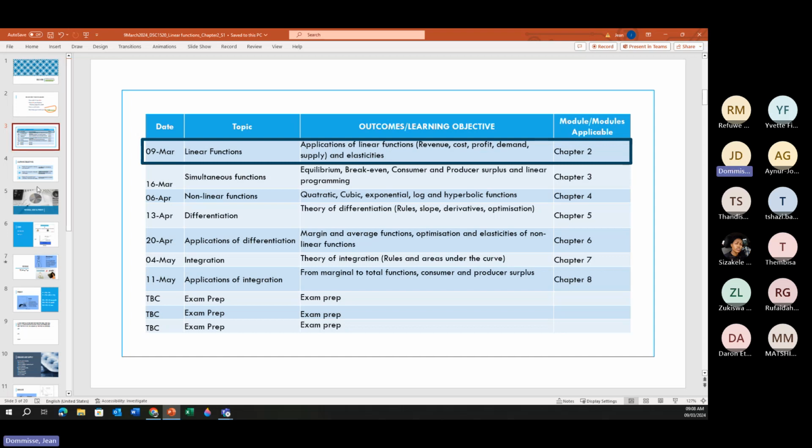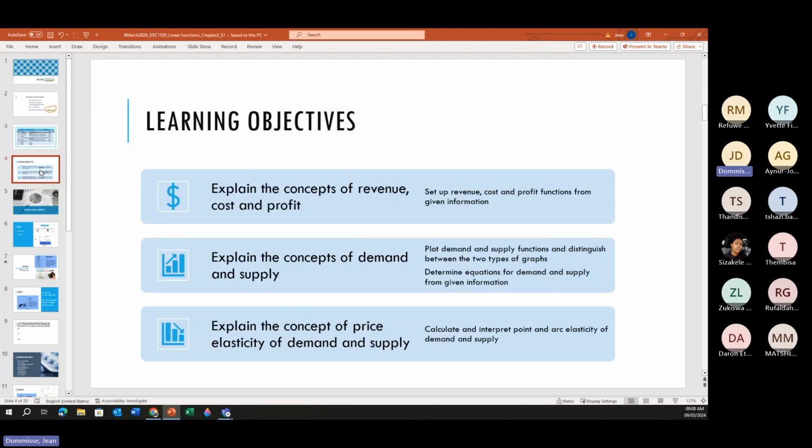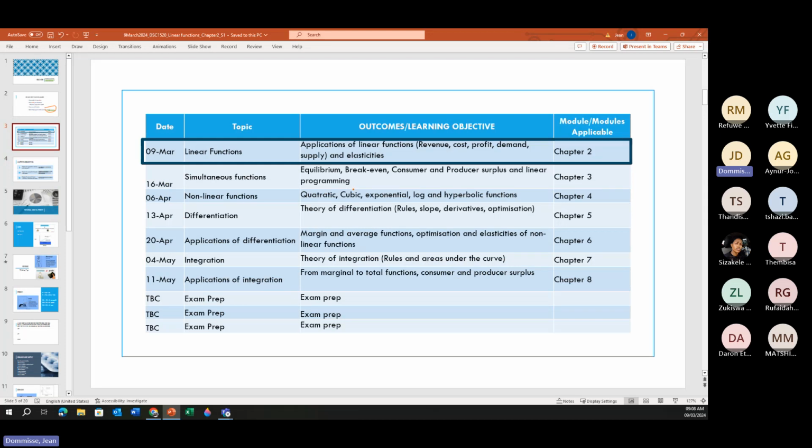Okay, the other thing, not in this week's session, but as we continue, I am going to make use of calculators. I'm going to make use of Excel as well. So again, it would be a nice thing to find out what you're allowed to do and not allowed to do in the exam,